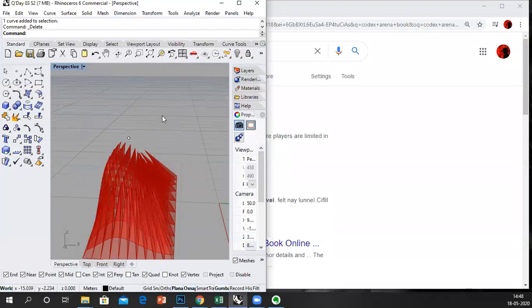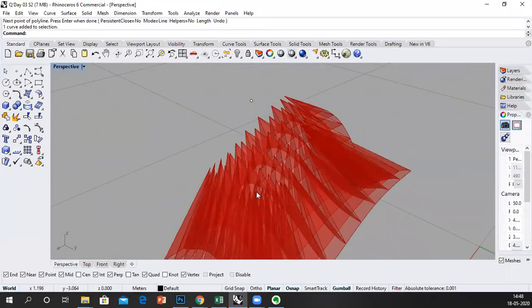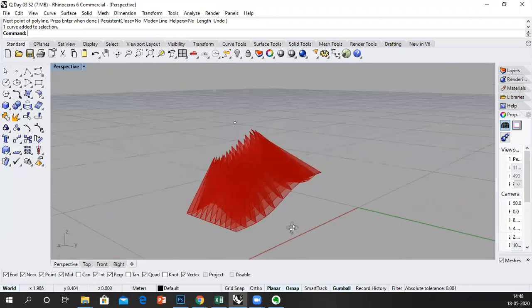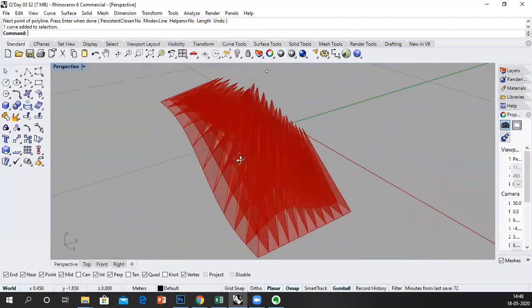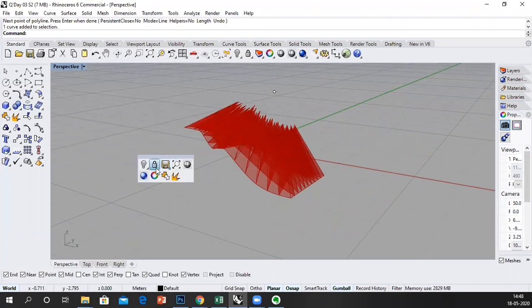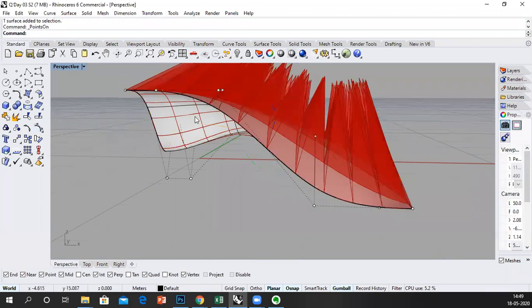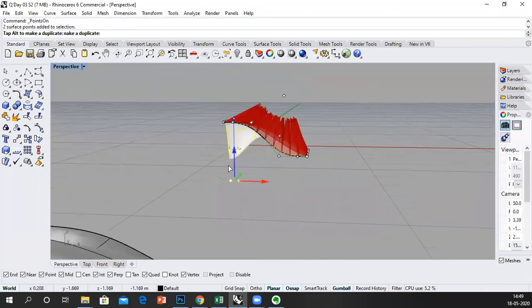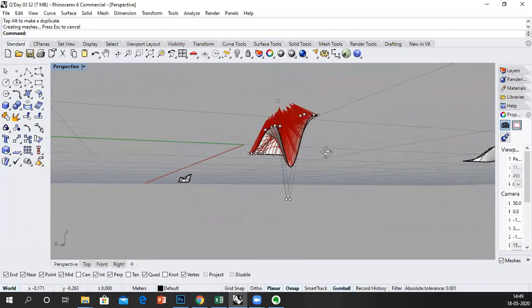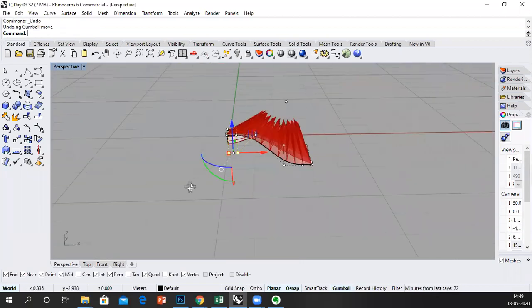According to your surface and according to your point, you can go and edit the extrusions. So I can turn on the surface. I can turn on the points, and say I need this a lot lower, I can make it a lot lower. That's going to in turn affect the geometry.